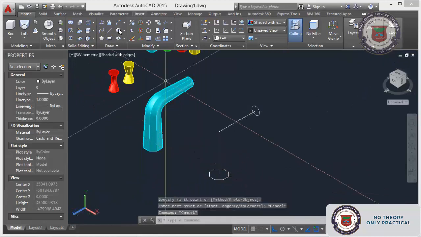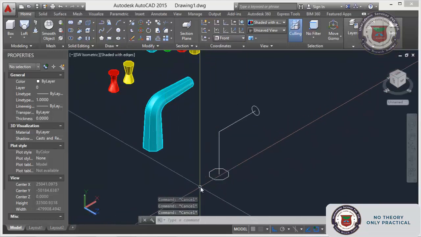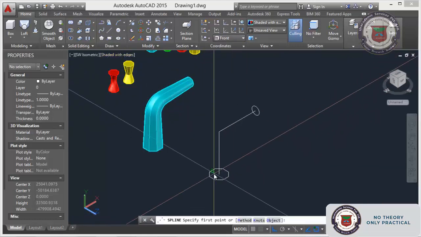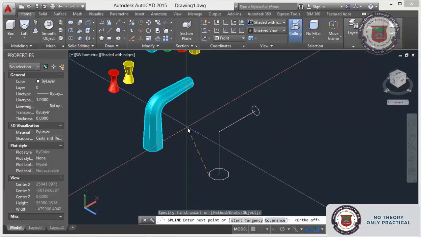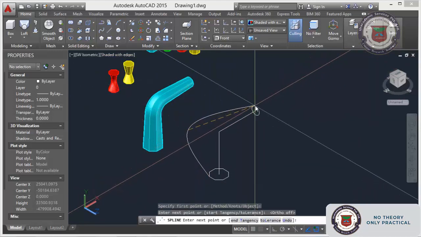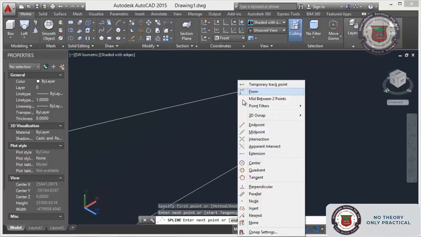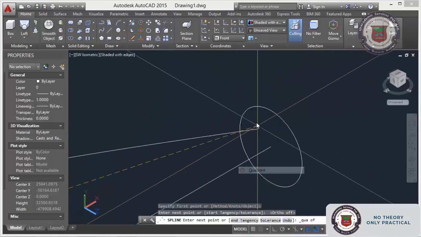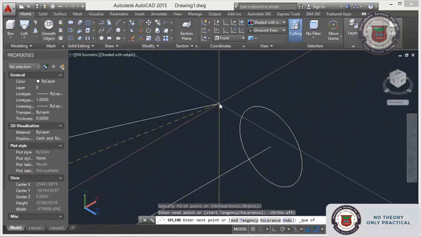For guide I will go for front view. Okay, front view. Guide, select here, F8 here, undo.